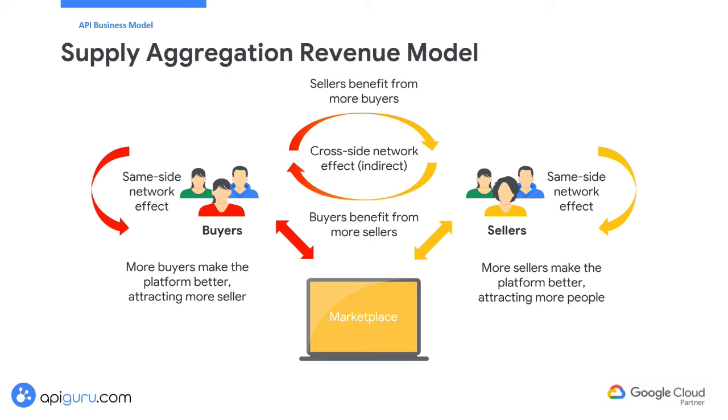Amazon Marketplace is an excellent example. Amazon Marketplace allows third-party sellers to list their products alongside Amazon's offerings. By integrating various sellers through its API, Amazon has created a vast supply chain that significantly expands its product catalog and attracts more buyers. Amazon has transformed its platform into a leading online marketplace through its supply aggregation revenue model. The vast array of products, combined with the efficient integration of third-party sellers, has driven significant sales and market share growth, solidifying Amazon's position as a dominant player in e-commerce.